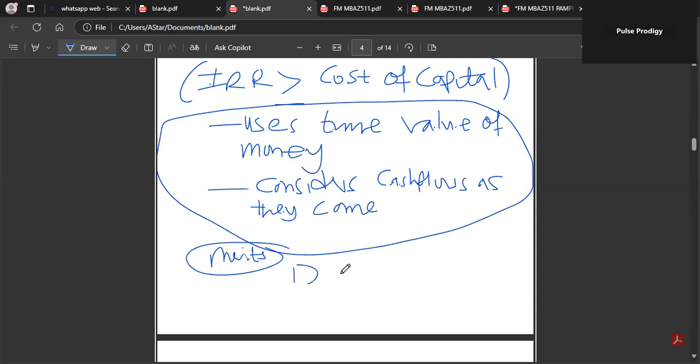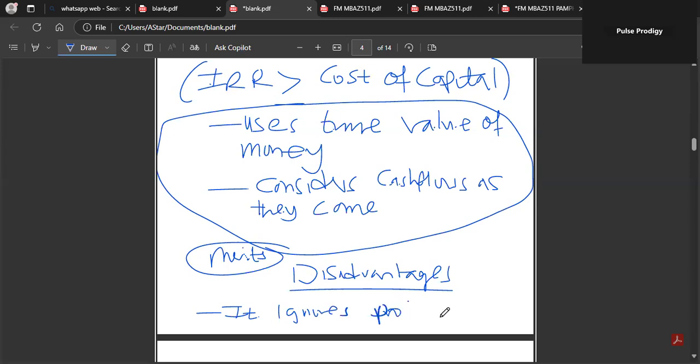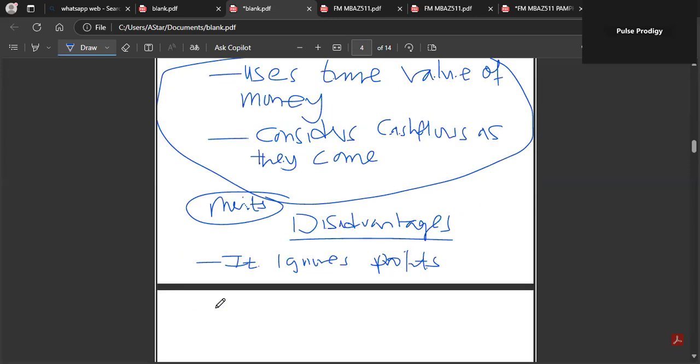Then on the disadvantages, it ignores profits. Then the other one, it is not easy to calculate